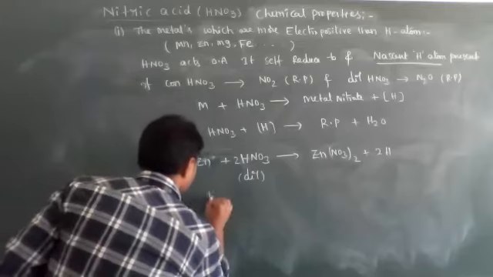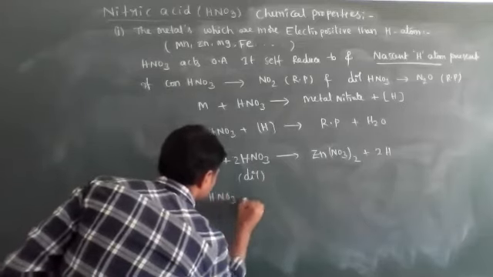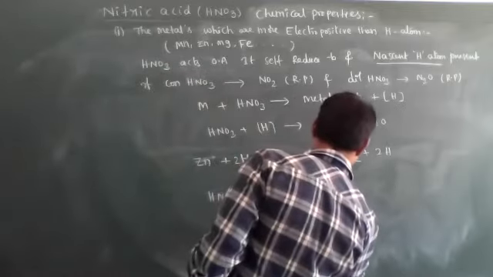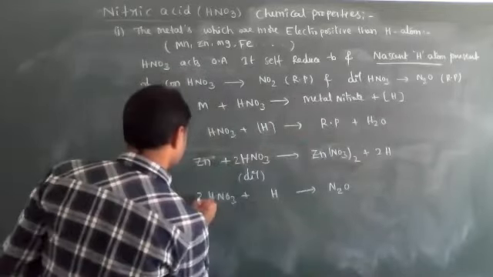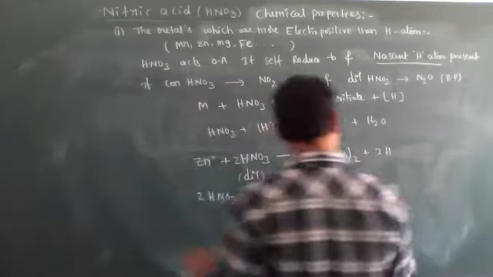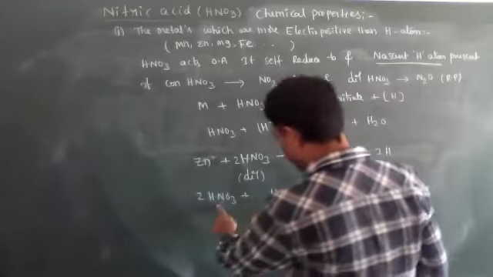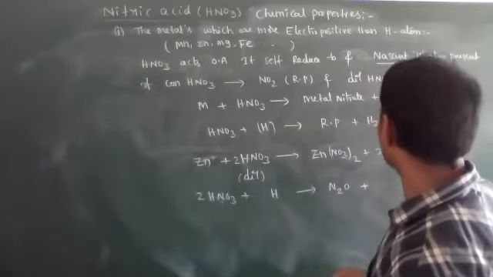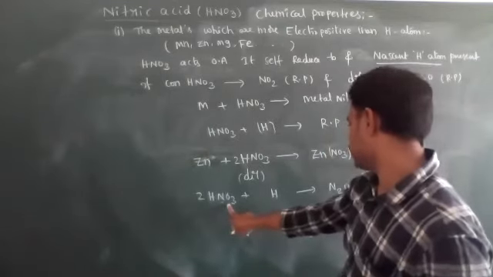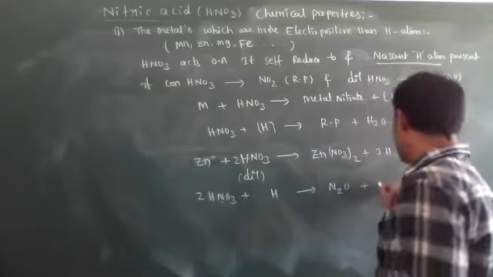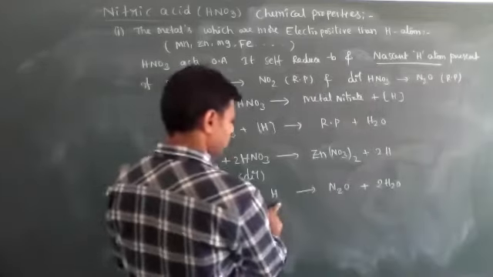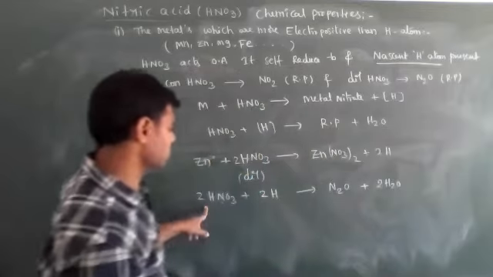The next one is that nascent hydrogen atoms reduce HNO3 into N2O. Means 2 moles. Here 1 hydrogen atom, that's for 2 moles. Then NO2. After that, the remaining is converted into water. Means here 2 hydrogen atoms and 3 oxygen, and 1 oxygen atom already over, that's for 2 H2O. But here 2 and 1. That's for 2 nascent hydrogens I used.